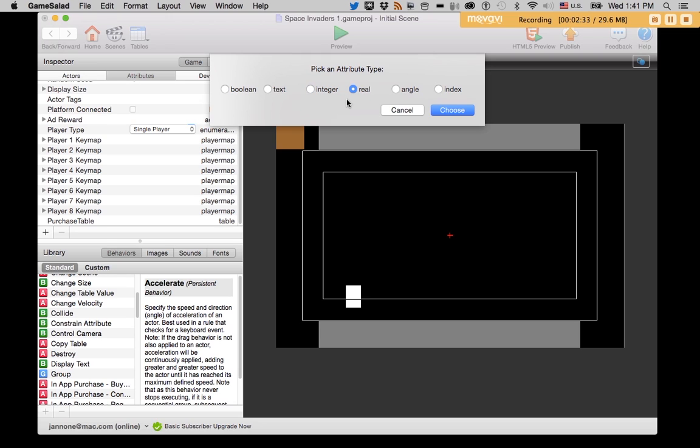Real numbers are numbers with decimal components. So for instance, when we're dealing with colors, we're dealing with colors of 0.9, 0.5, 0.3. Those are real numbers. Angles are from 0 to 360 degrees, and angle wraps around, so that 370 degrees is the same as 10 degrees. And index we're not going to look at in this class. So we're going to create an integer attribute,